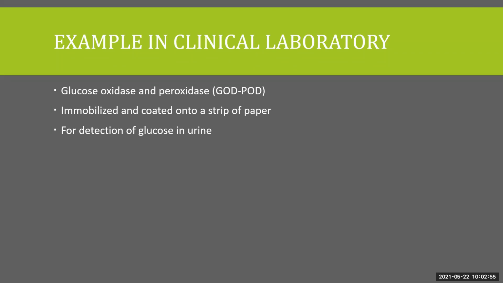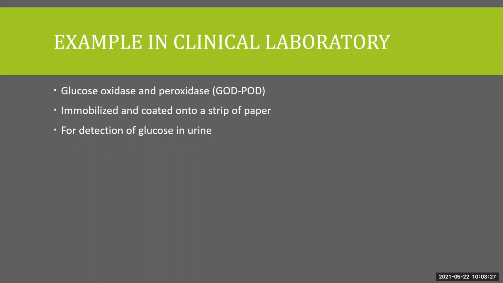This reaction happens, a color is generated. So you wait for a few seconds as prescribed in the methodology. Then you compare it with a comparator that is provided along with the dipstick to see the semi-quantitative concentration of glucose. In some places, we prefer to give grading: trace, 1 plus, 2 plus, 3 plus, etc. In some areas, we give a rough estimation of the concentration, more than 150, 150 to 200, like that.